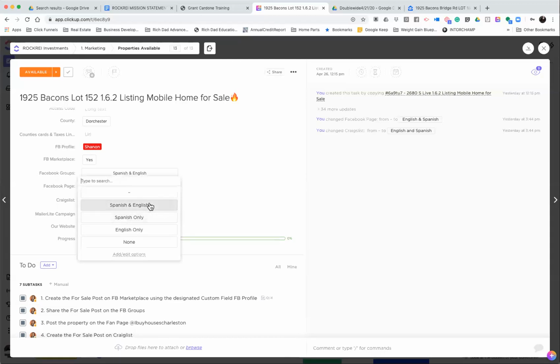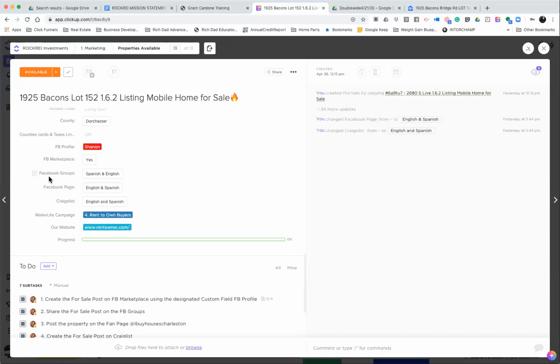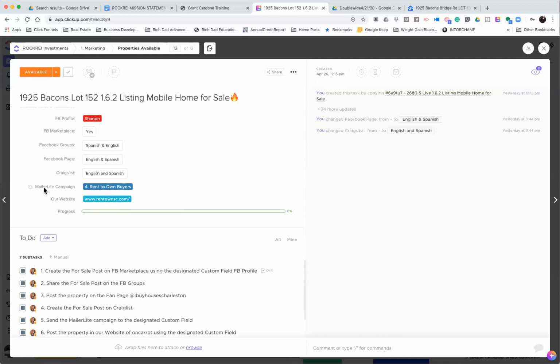Here they give us the option: Spanish, English, only Spanish, or none. There are some properties that we cannot put in the marketplace or in the Facebook group, so you're gonna know it right here. Is it gonna be posted in Craigslist? In the Mailer Lite campaign, you're gonna see which campaigns you're gonna use, send it to the cash buyers, to the realtors, to our students, or to the rent-to-own buyers. Okay, which website you need to post this